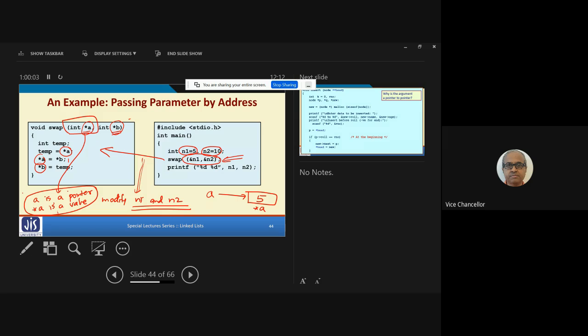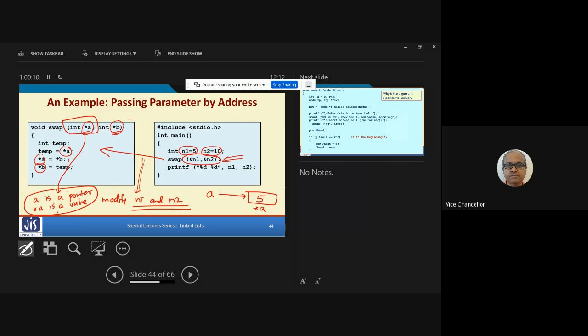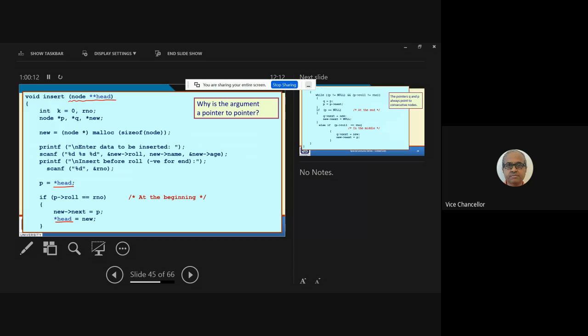Right? Now in the example that I'm citing, here the head itself is a pointer. See here A was a variable, star A is a value, now this head is a pointer. You are passing star head, because from the main function you are calling with ampersand head, and head is a pointer type variable. Pointer type variable means one star will come automatically for that pointer variable, and because you are modifying it inside, there will be another star inserted.